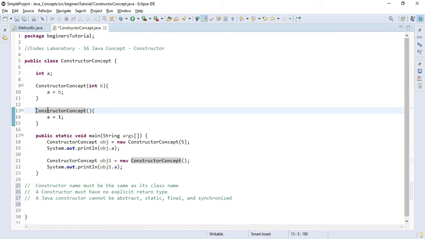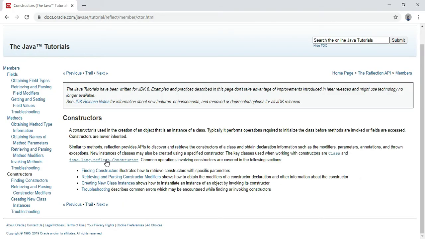So this was about the limitations of constructors, and now we'll take a look at the definition provided by Oracle. It says a constructor is used in the creation of an object that is an instance of a class. Yes, as we have already seen, with the help of the default constructor and the parameterized constructor we can create the object.